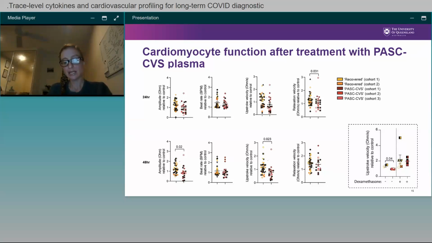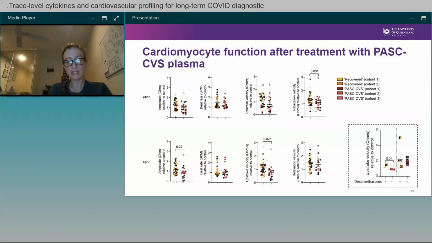So again, you can see exactly what we showed you before. In the absence of dexamethasone, you have this nice decrease in upstroke velocity in the long COVID sera. But if you add dexamethasone, you can actually inhibit that effect. So that is very suggestive that it is something inflammatory in the plasma of these individuals that is driving this phenotype. Now, if you remember what I showed you with those cytokine mimics, the cytokine mimics and the long COVID